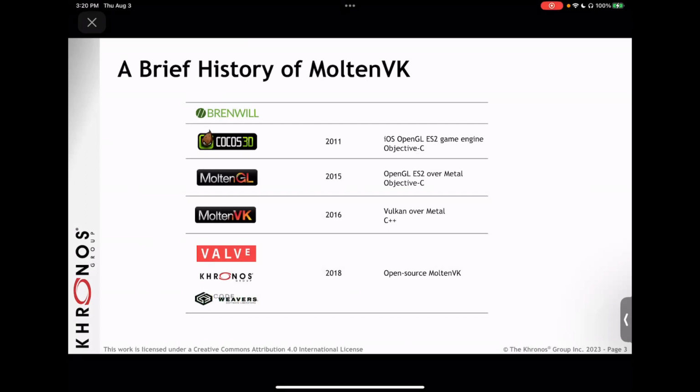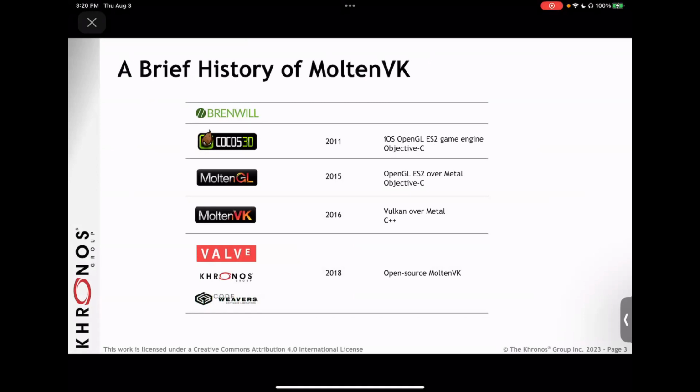So what we decided to do instead is develop a layer that took OpenGL and pushed it down onto Metal. So ran OpenGL on Metal with the idea that doing that would be faster in terms of performance than the native OpenGL ES driver. And it turned out to be a good bet because MoltenGL is actually faster than the